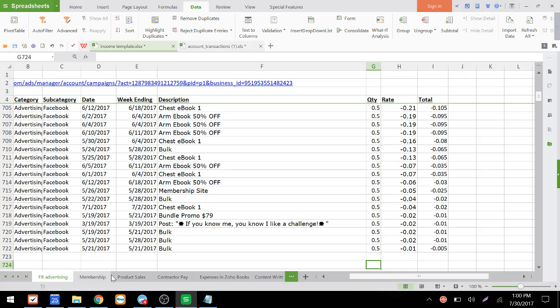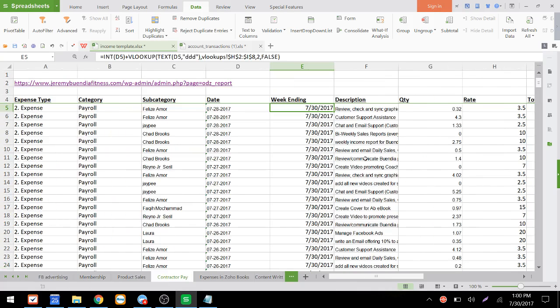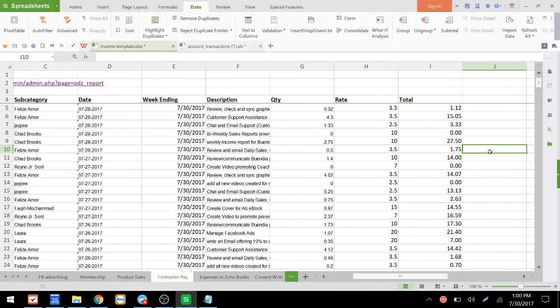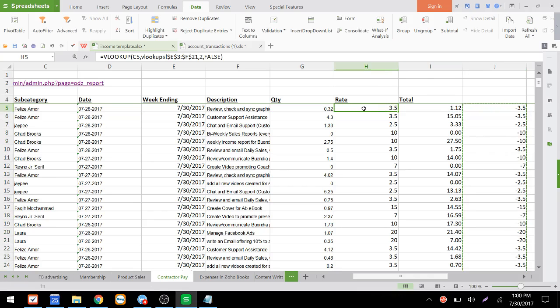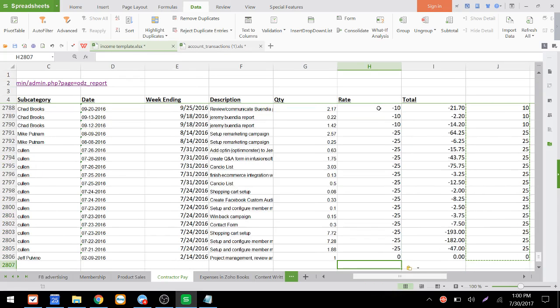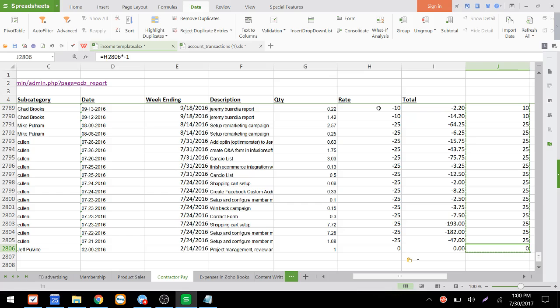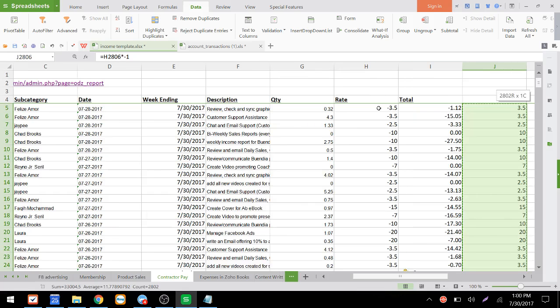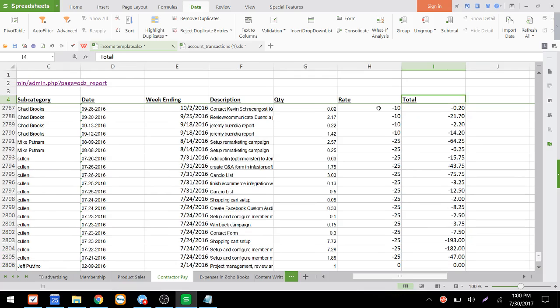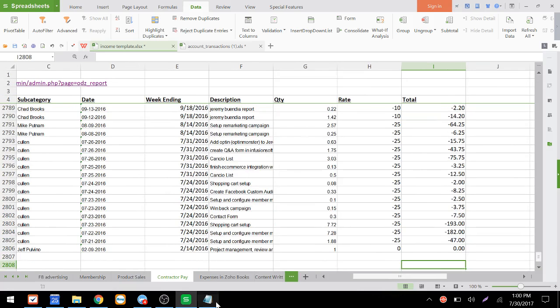And then the next one is contractor pay. We'll do the same thing. We'll change the rate. And we'll just do the same thing, times -1. So we're just going to do this to all the ones we've done. Paste that as values. My right click is not having it. And sometimes my computer acts weird when I'm recording. So this looks good. Okay. So we paste those as values. The totals are now negative, which is what we want.